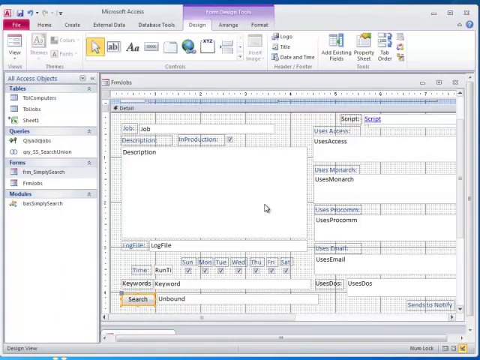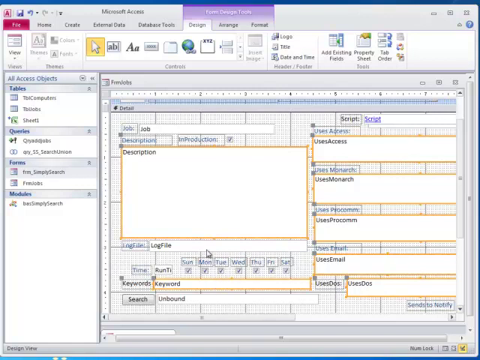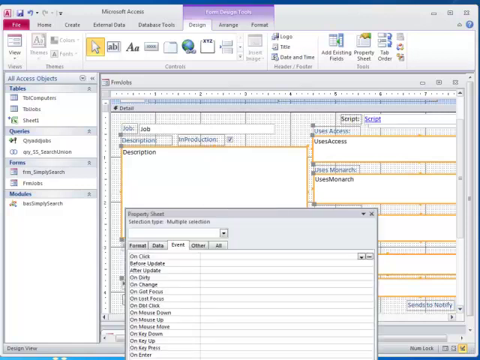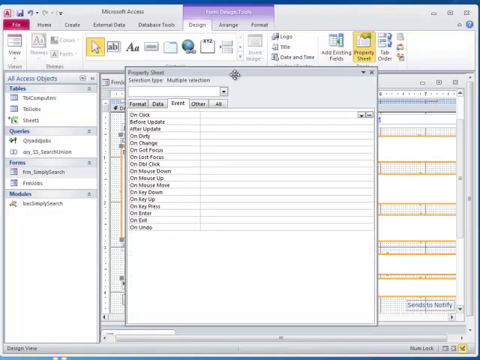The only thing we have left to do is we have to define the fields that we want to search. Well, we want to search the description, and I'm going to hold down on the Shift key, and I'm going to add use access, use Monarch, use Procom, use email, use DOS, add the keywords, and even add the log file to this. And then we right mouse click and look at the properties,